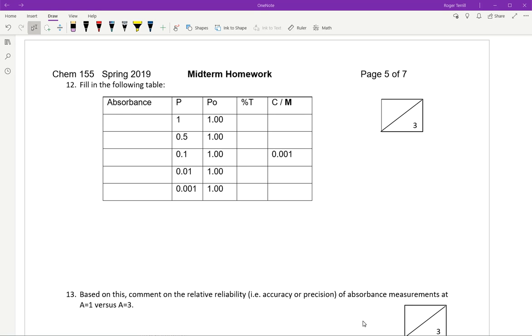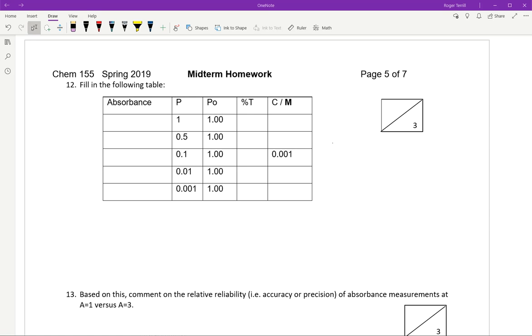Question 12. Fill in the following table. This is a table of absorbance, P0, percent T, and concentration. There are basically a few equations that we need to set down in order to make sense of this. First of all,